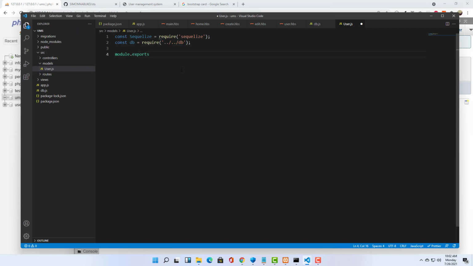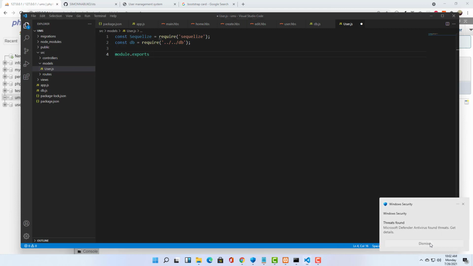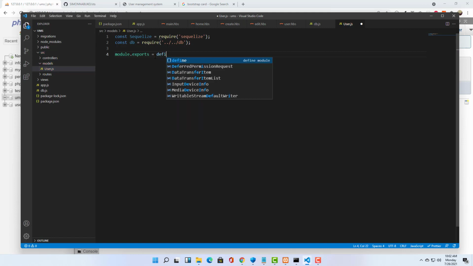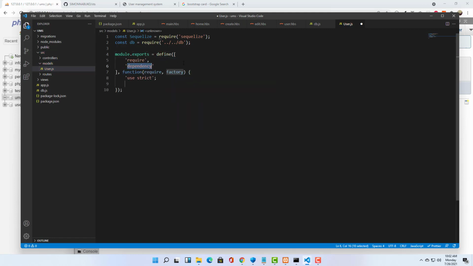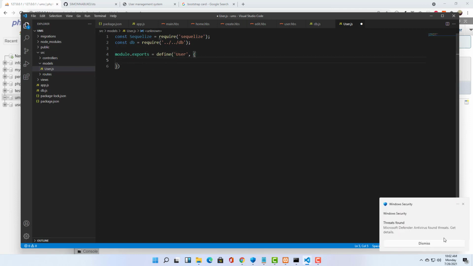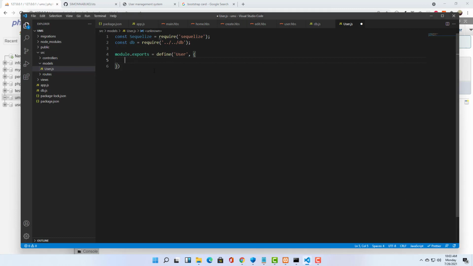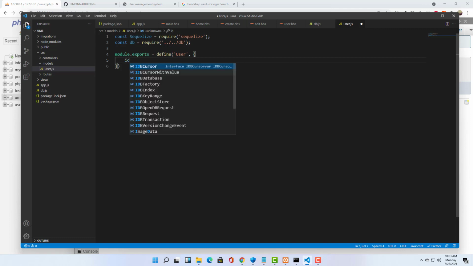So it's going to be module.exports is equal to define, and you can see it has completed some code for us here. But I'll just remove that. Okay, so just define, and then here is the model name, which is user, and then you have to now specify the columns that are in that table. Okay, so this is the format that you use. So let's say that our table is going to have the ID, the name, the phone, and then the email. We have to define those items here. So for example, just do ID,